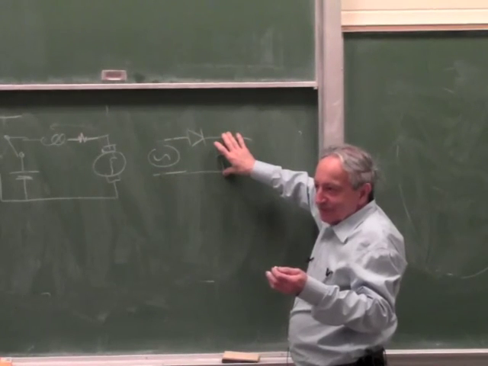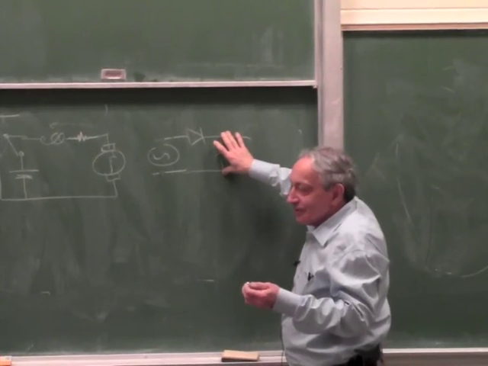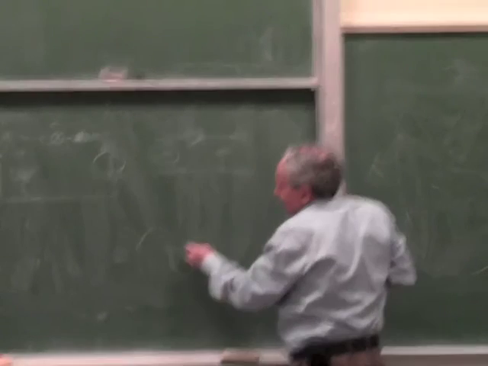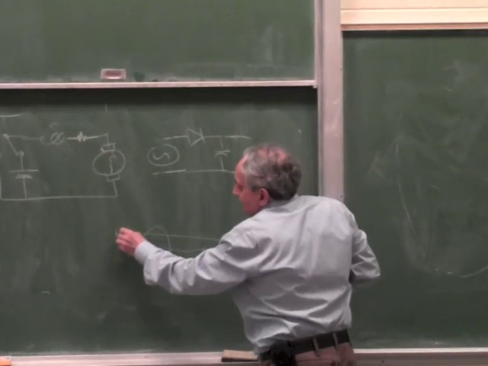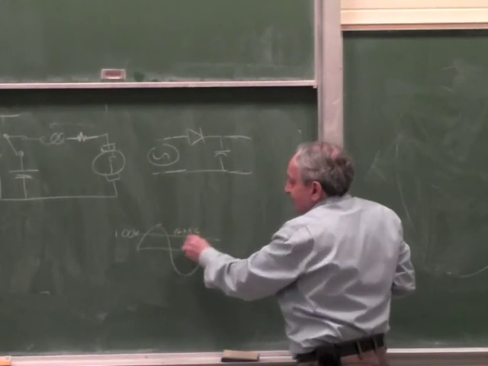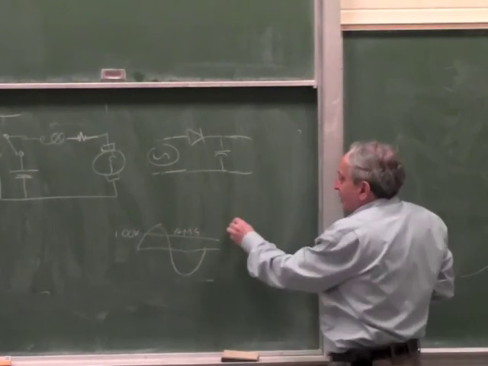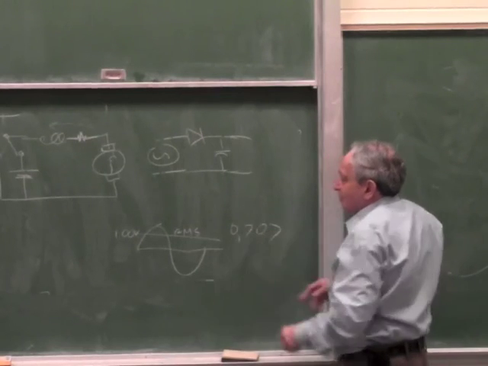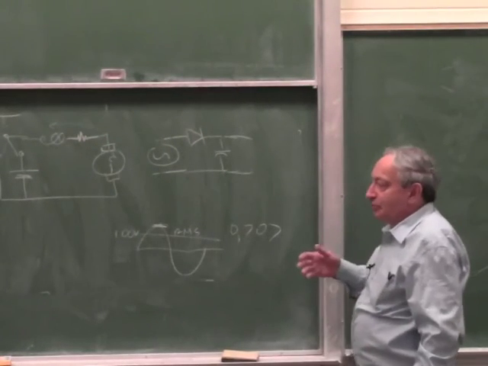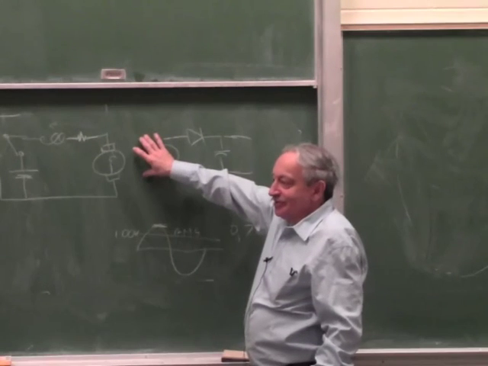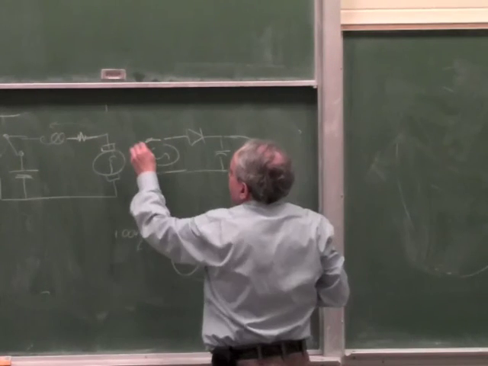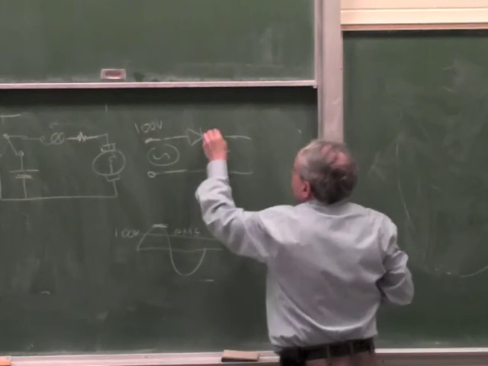If you, how much? 71? No, 140. Because if this is a sine wave and you call it 100 volt, the 100 volt is not the peak, it's the RMS value. Okay? The RMS value is 0.707 of the peak, so the peak is actually square root 2 times the line voltage. Right? So if you connected this to 100 volt, the capacitor will charge up to